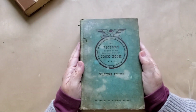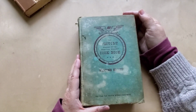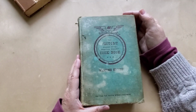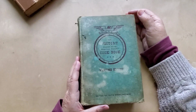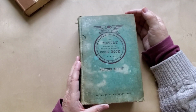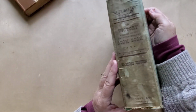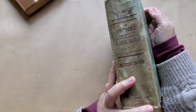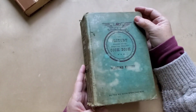Now this one was so grungy, I immediately fell in love, and I heard one of the sorters. There's just a lovely team of volunteers who work at the Kirby Church book sale. And I heard one of them say, "Oh, this looks like it needs to be thrown out." My ears perked up. Oh, is it garbage? And as soon as I saw it, I said, I love that book. Can I have it? And they always look at you a little weird, but it's so beautiful because it's the